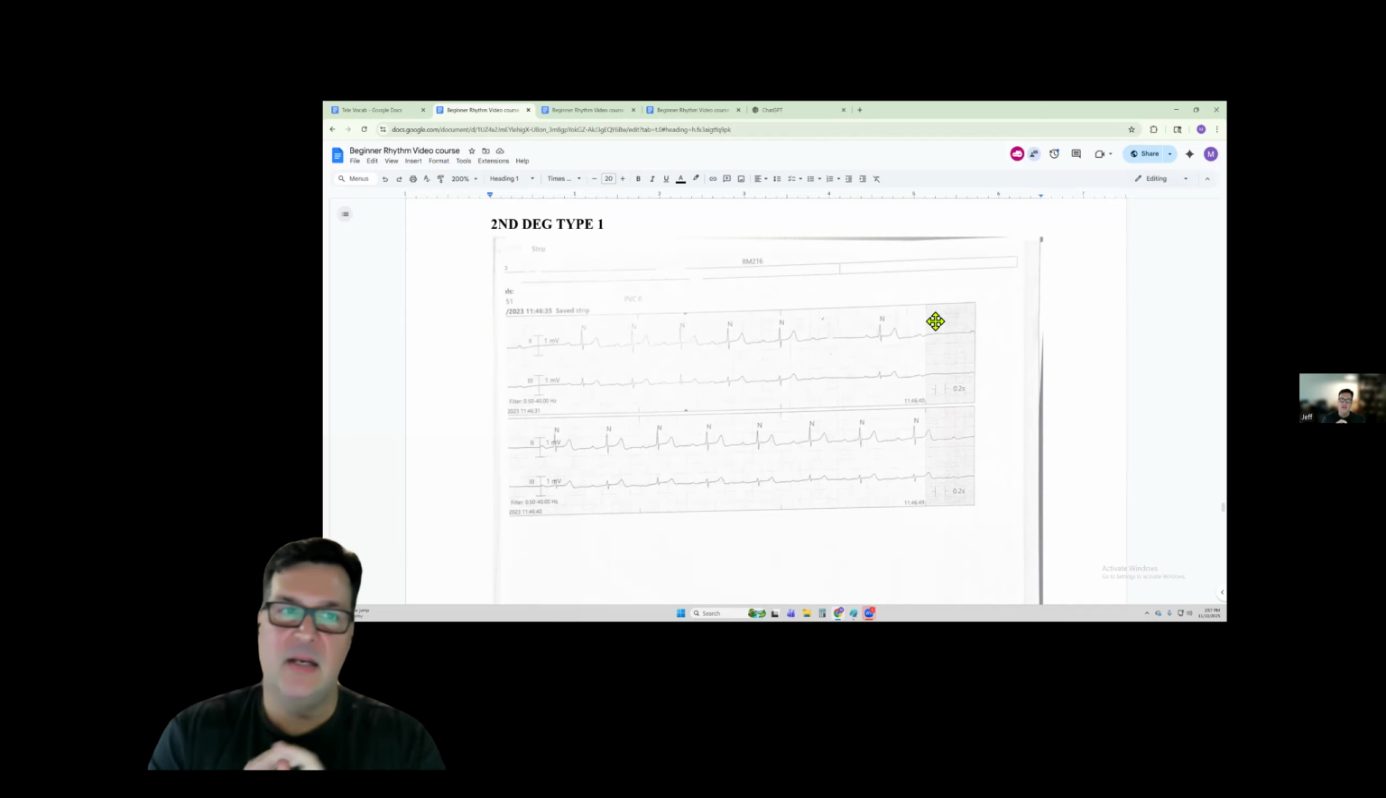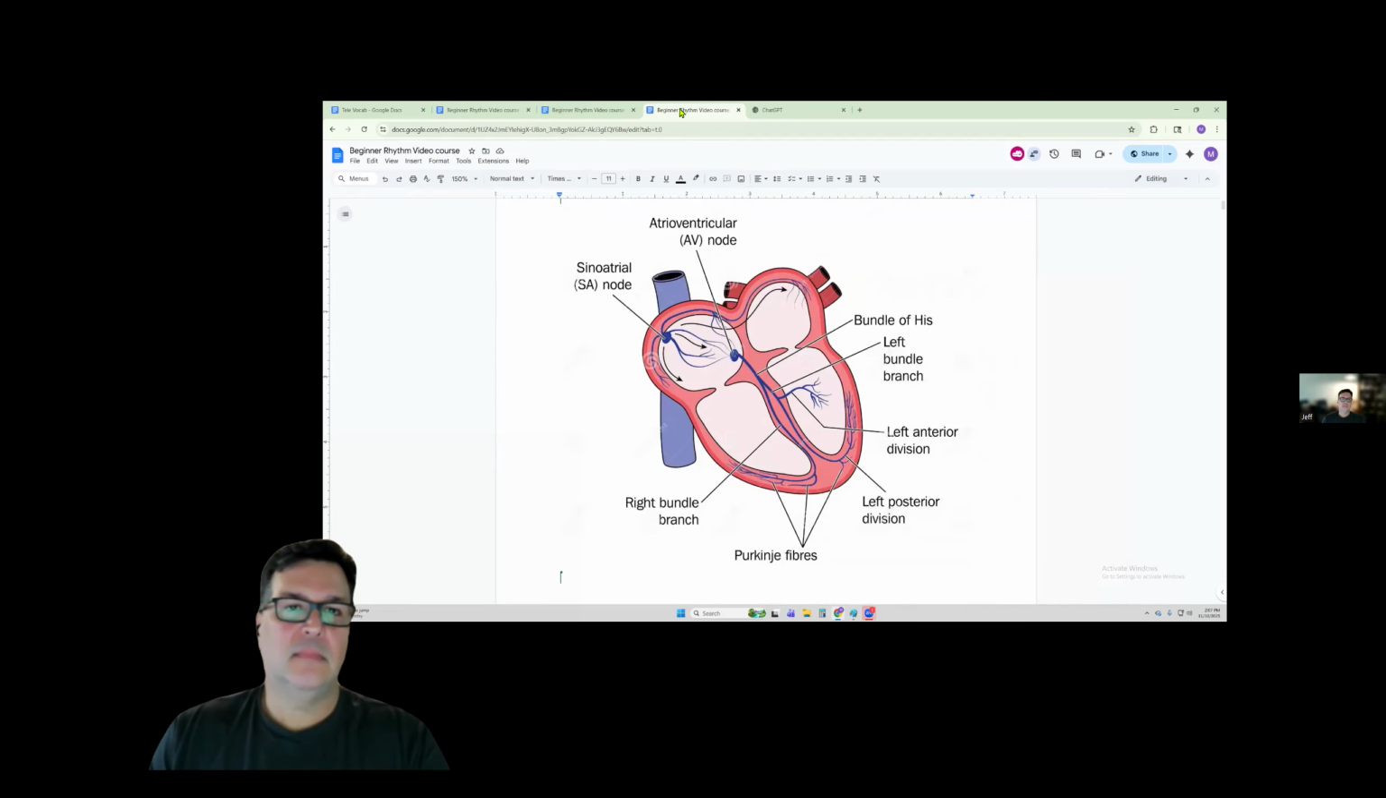So a second degree type 1 block. Again, just like all the blocks, there's nothing wrong with the SA node. That SA node is firing that P wave every single time at 70 beats per minute, wherever it may be. All these AV blocks are a problem with the AV node itself. Okay. So with a second degree type 1,